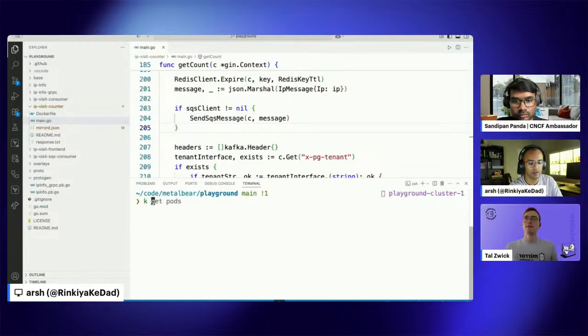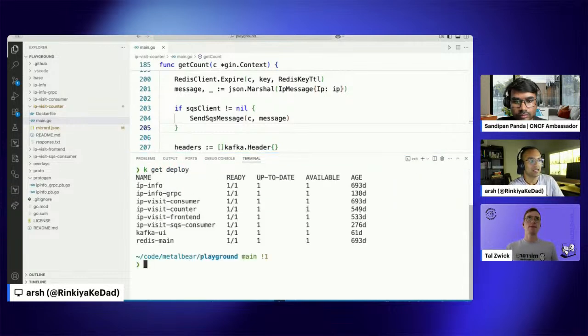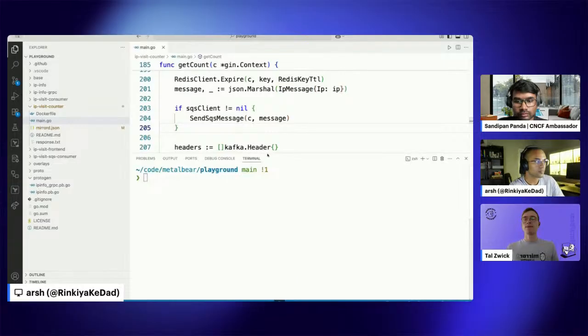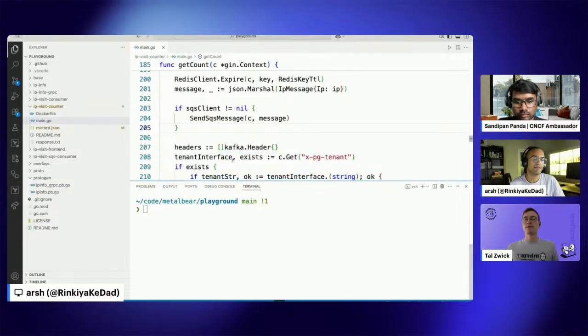So if I get all the deployments, you'll see that in my cluster, I have all these services deployed. So I have the IP visit counter, consumer, I have the Kafka and the Redis services all working in my cluster, and none of this is running locally on my machine. Now, if I want to mirror traffic which is coming to my service on the cluster to my local machine, I can use Mirrord,